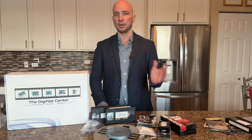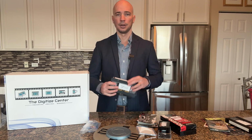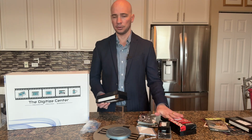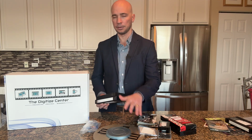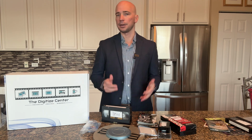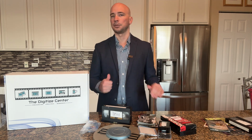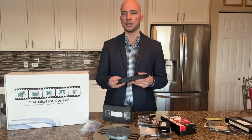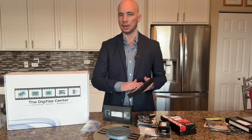So basically what the guide tells you to do is to take your items that you plan to get digitized, your VHS tapes, photos, slides, audio cassettes, discs, film reels, whatever you got, pack them up and put them in the box. Now there are a couple things you can do for a better experience if you plan to do so. Number one is if you have VHS tapes or any type of video tape or cassette that you plan